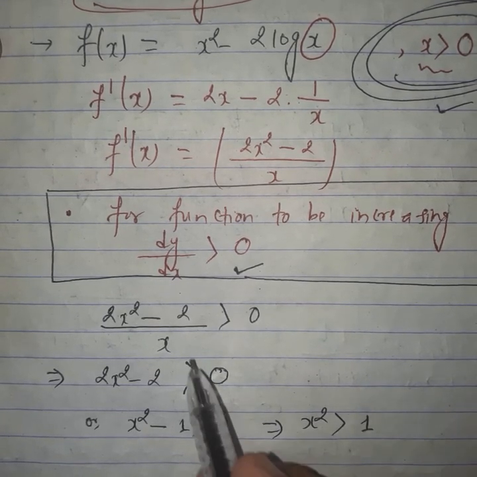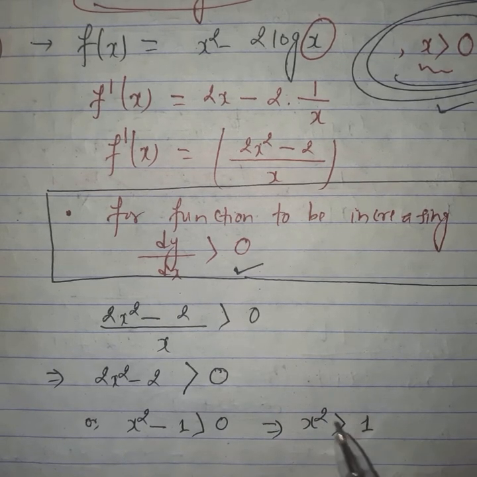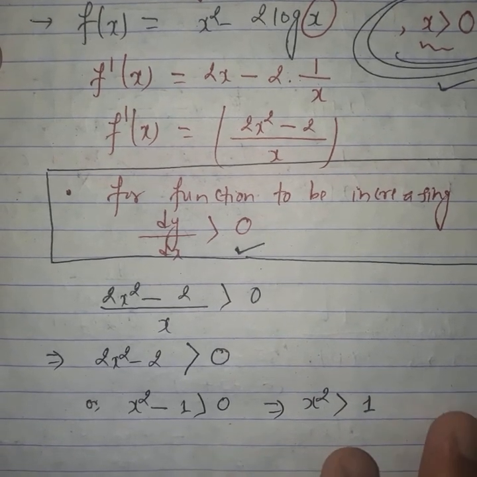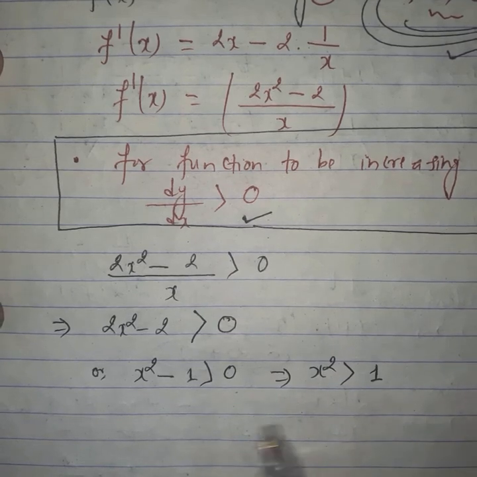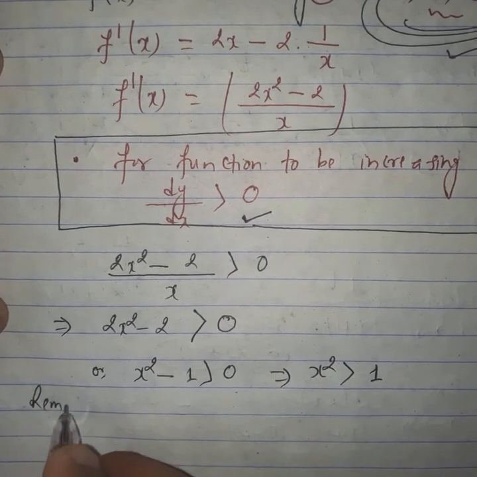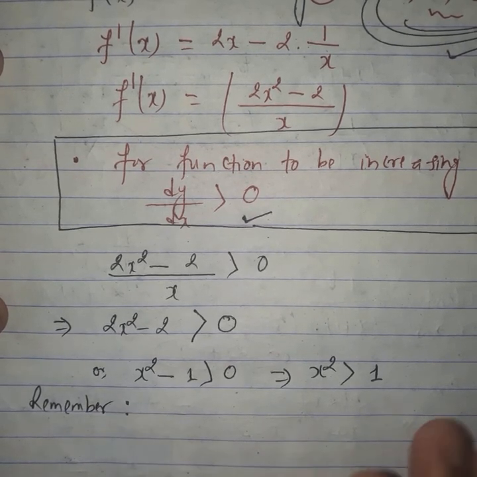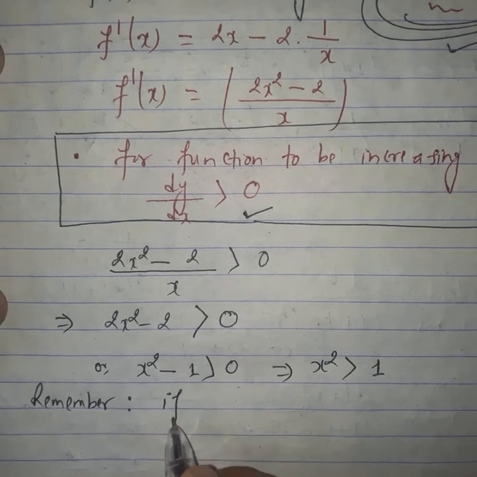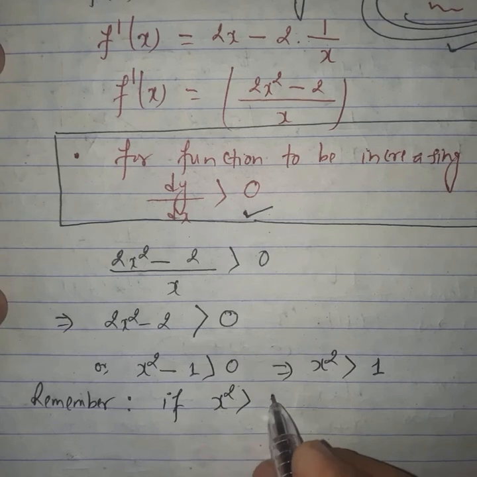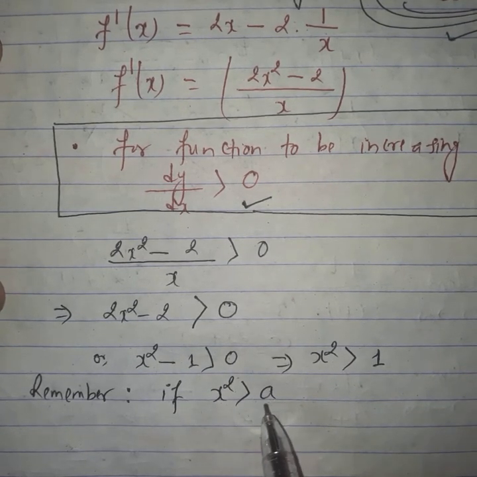Here we simplified this expression, and we have found that x square is greater than 1. Let's calculate the solution set of this inequality. Remember one very important point on solving the quadratic inequality. It is a pure quadratic inequality. If x square is greater than a number a, a positive number a,